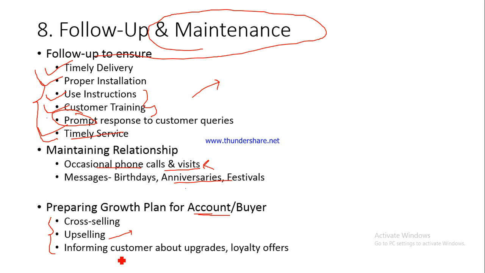And you can also inform the customer about upgrades in the product. You'll call him up and say, sir, the version you took now has a new improved version, would you be interested, right? And you can also give him loyalty offers. Sir, our new loyalty program has come, if you give back this old product and purchase a new car, sir, you will get a 30,000 cashback. So these are loyalty offers. So you apprise him of these loyalty offers so that he can be sold more products in future also. So this would be the basic idea, and that is why this step is very, very important.